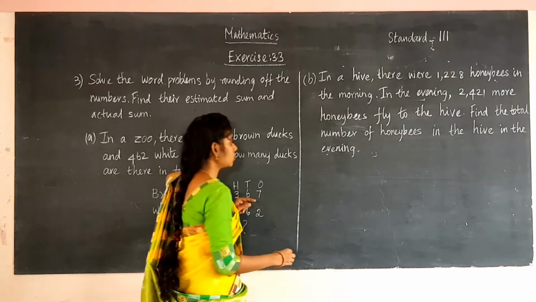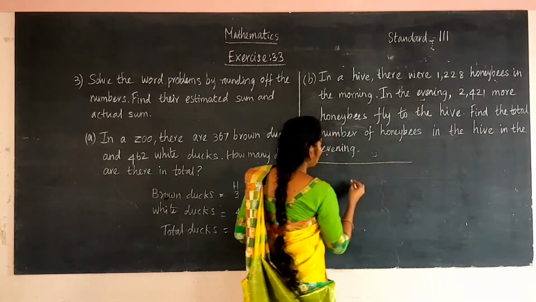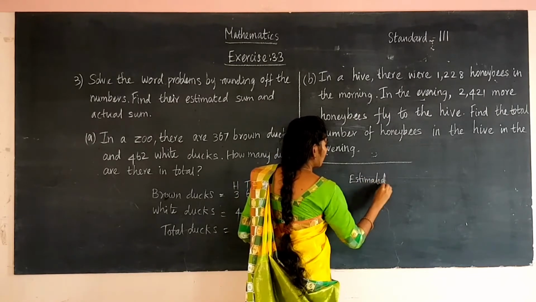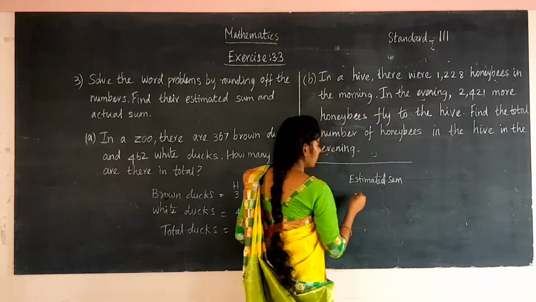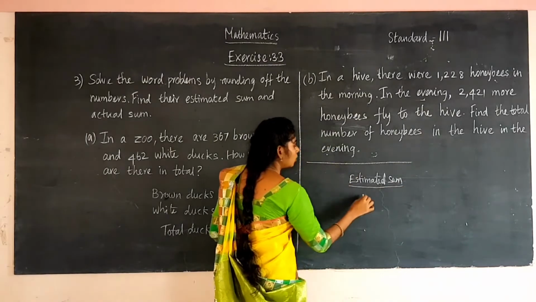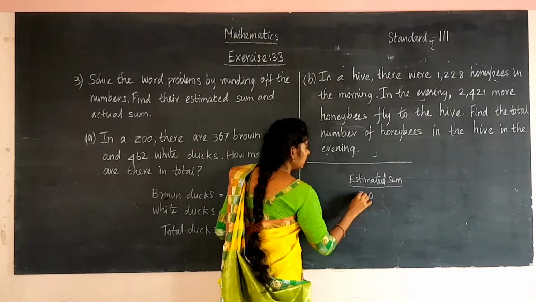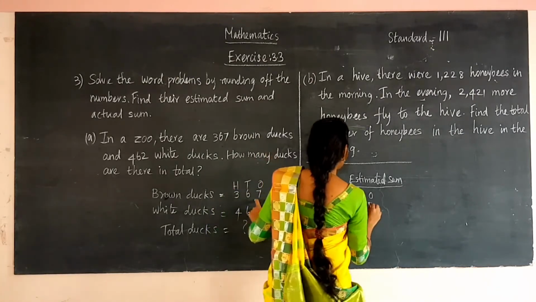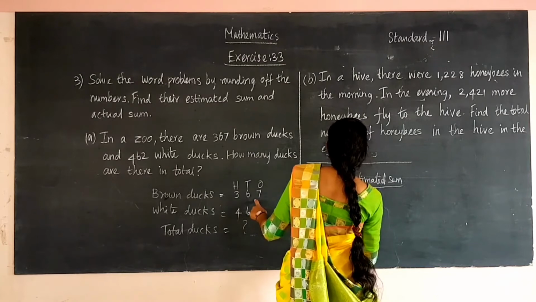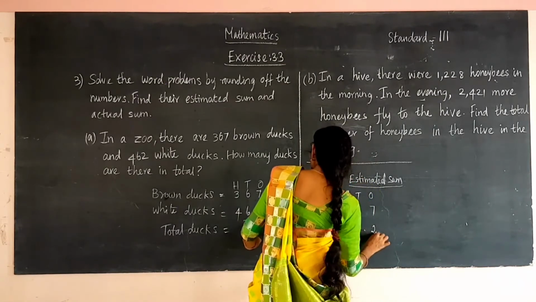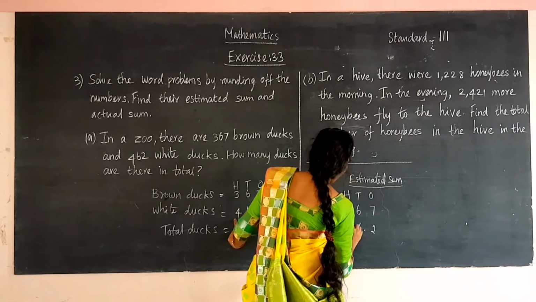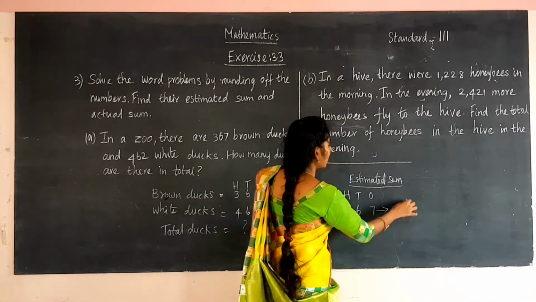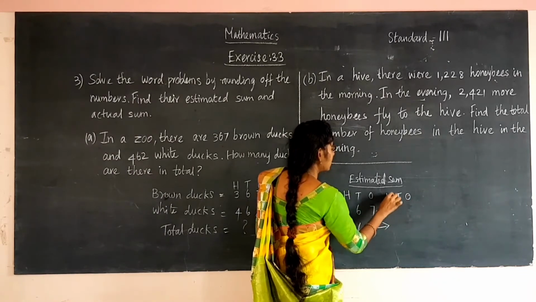Have to round off each of the numbers. First what you have to do to estimate the sum? To estimate the sum, first we have to write up to the places, ones, tens, hundreds. So now fill the numbers. What is the number? 7, 6, 3. And the next number is 2, 6, 4 in the hundreds place. Now we have to round off each of the numbers. First write the places, ones place, tens place and hundreds place.